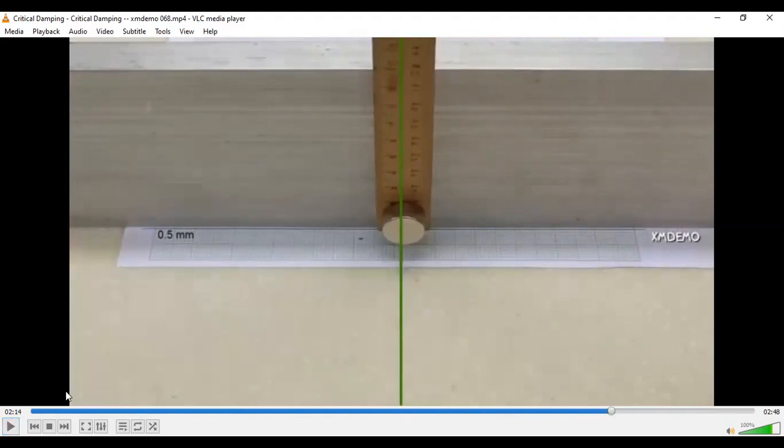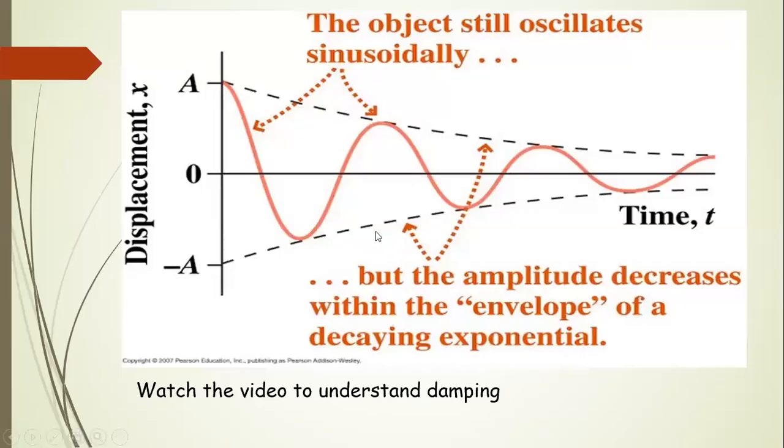So you have seen how the oscillations, keeping the amplitude the same, decrease: as the aluminum sheet comes closer to the magnet, the resistive force is increasing, and the vibration of that scale is becoming less and less. So this is called damping, meaning that the vibrations are reduced, and if the vibrations are reduced quickly, it is called critically damped.